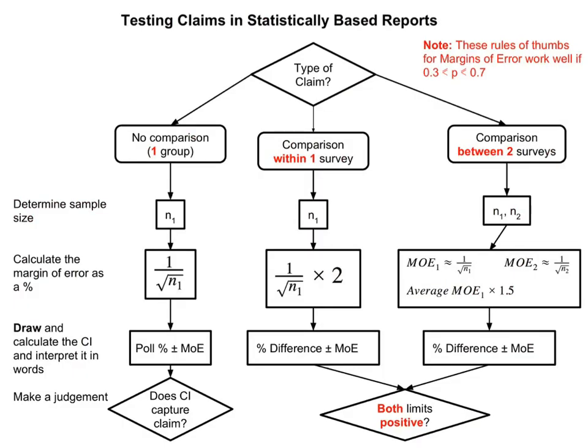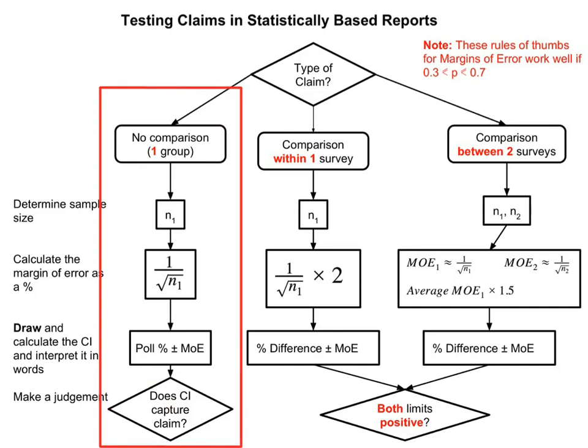Okay, so we've got to again look at our table, and we're dealing with just looking at Canterbury and just looking at that commercial buildings. So we're not doing a comparison. So we are in that first section there, no comparison, one group. So we've got our sample size is